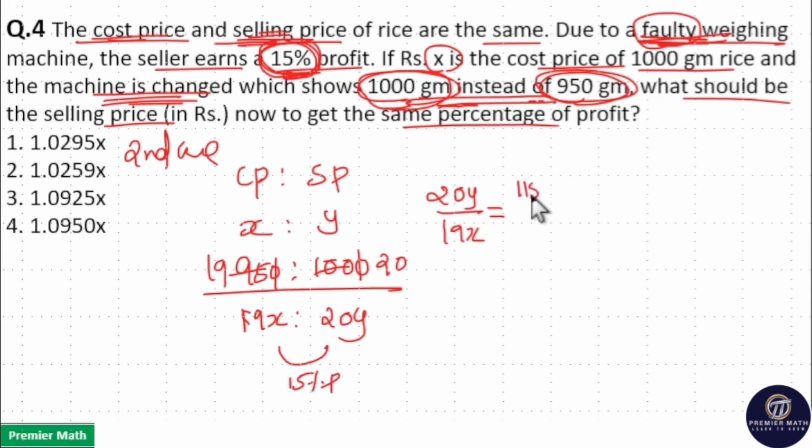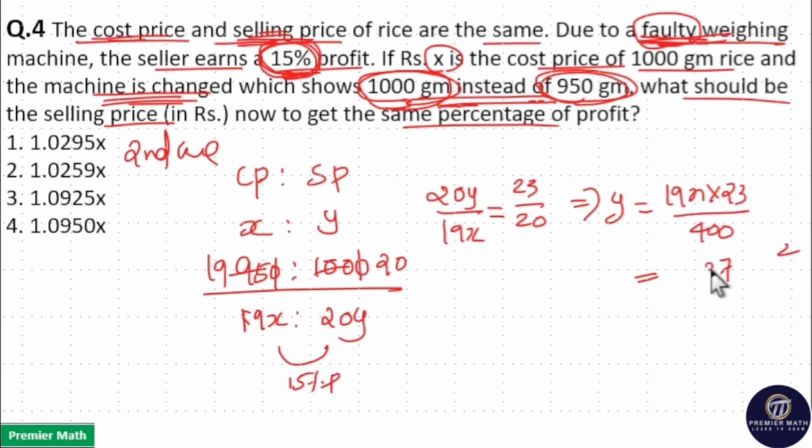15% profit means 115 by 100. That is plus 15 by 100 means 115 by 100. So this ratio is equal to 23 by 20. Now from this y is equal to 19x into 23 divided by 20 into 20, 400. So this is equal to 9 into 3, 27. 9 into 2, 18 plus 3, 21. 21 plus 2, 23. 2 into 1 plus 2, 4. 437 by 400 is equal to